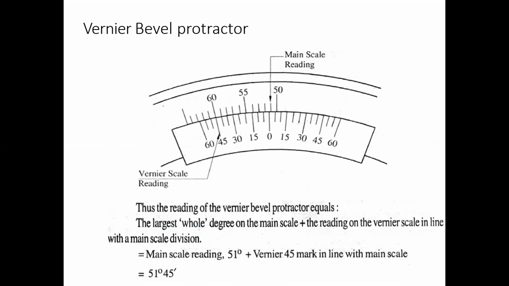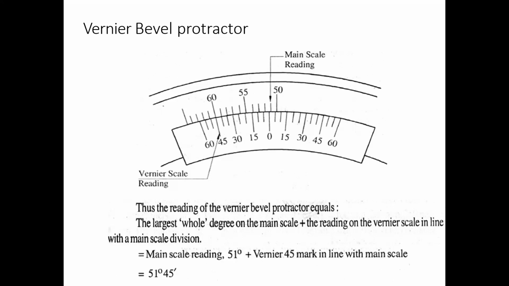If you observe here in this picture, here two readings are there. Two scales are there, so you have to take one main scale reading and one vernier scale reading. How to take the main scale reading? You have to identify the coincidence of vernier 0 with the main scale division. Here the vernier 0 is coinciding with some division on the main scale. Here the 0 is not exactly coinciding with 50, therefore you have to take the previous division as a main scale reading.